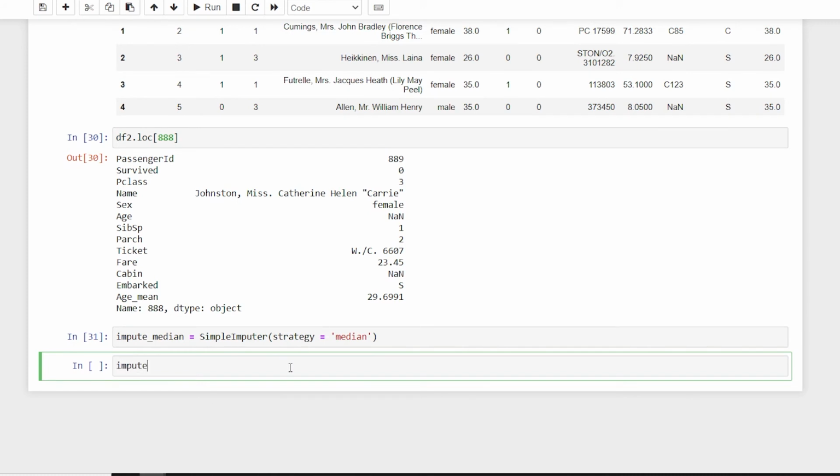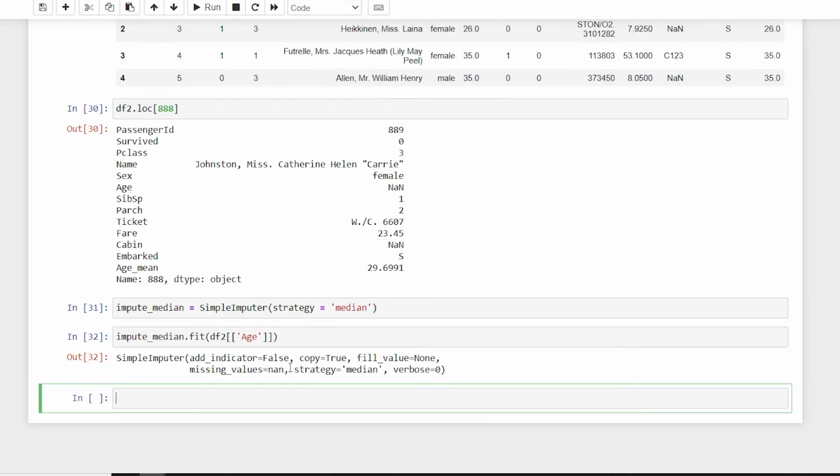Then we have to fit it. So impute median dot fit, and I'll say age, df2, and then I'll type age.